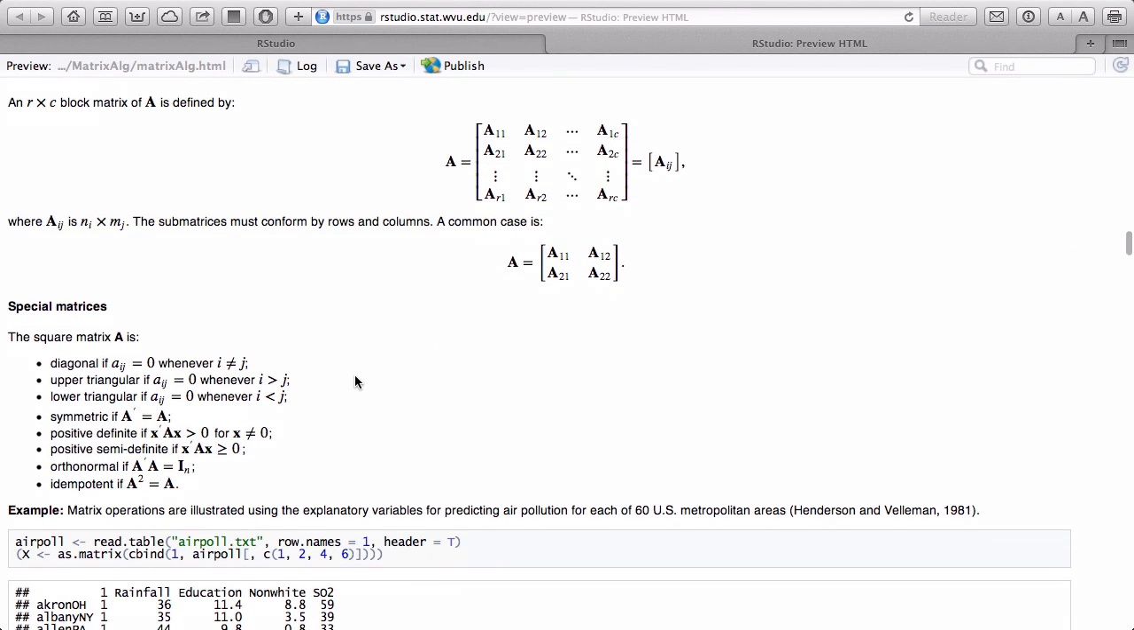Again, I feel that it's important that you understand the power of R for doing matrix algebra. And you may not realize it, but actually R can do calculus up to a point. I'm not saying it competes with Mathematica, but